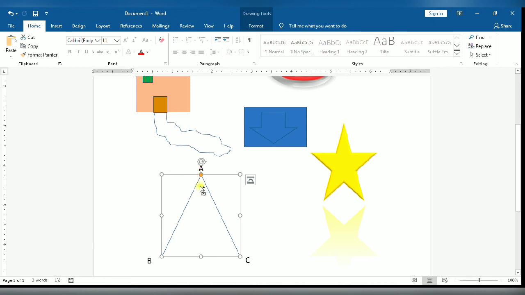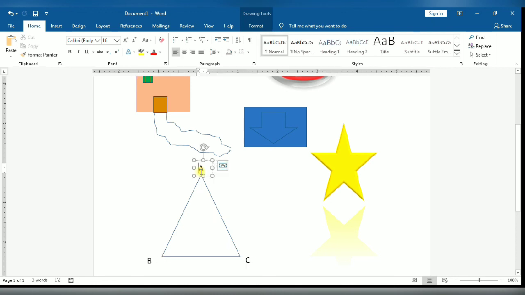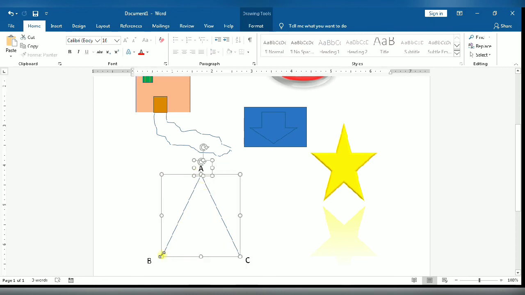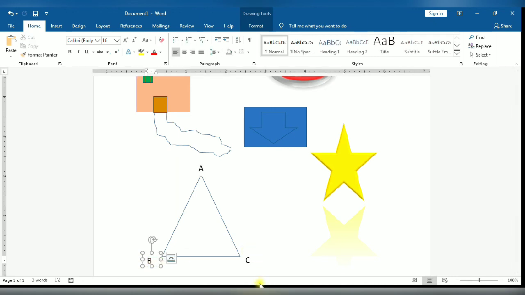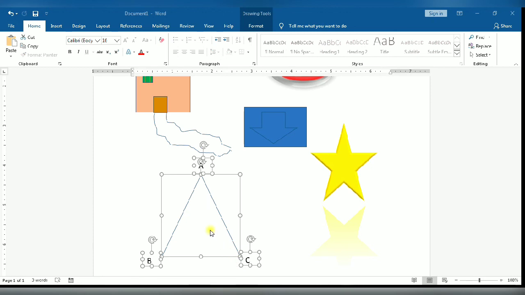In this way, as I had taught you, you select all the shapes one by one, right click the mouse and click on the group option. So what will you see after selecting all the shapes? You can group your triangle. In this way it will be a single figure.